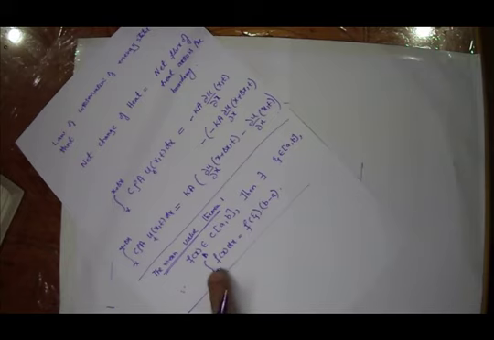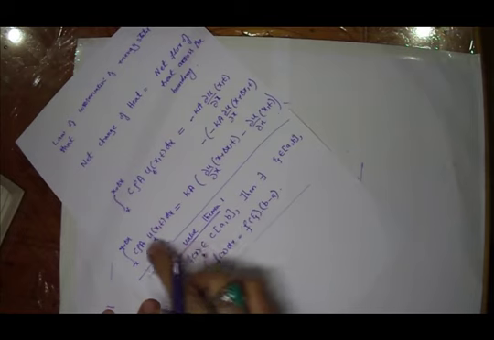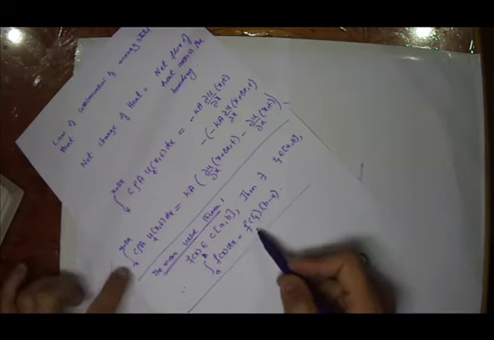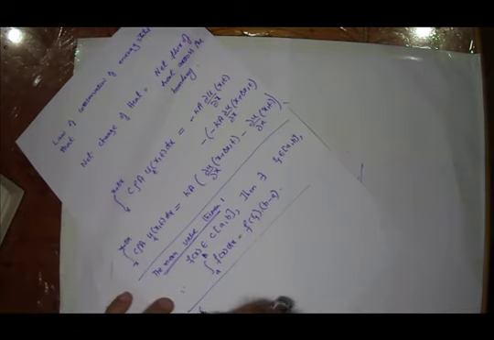We can apply this theorem to this integral. So if we apply this theorem to this integral, how can it be interpreted? There exists a zeta between these 2 points